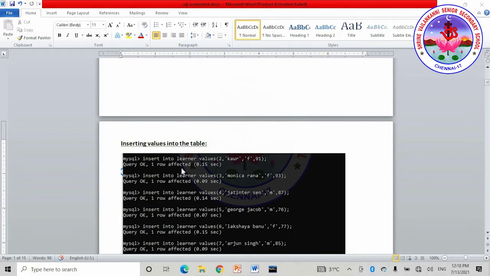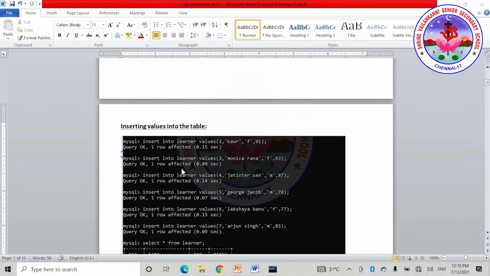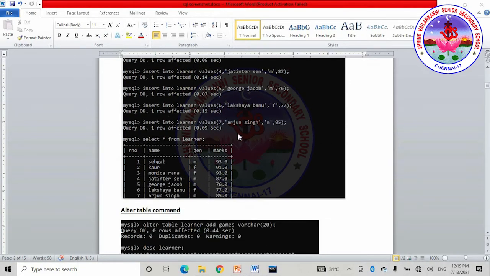First thing you will create the database, and followed by that you will enter into the database using use query, and then you will create the table. Yes, this is the procedure we have to follow in SQL when we are working. So after creating the table you will insert values into the table, and after inserting the values, to check whether the values have been inserted, you will use the select query along with the same format.